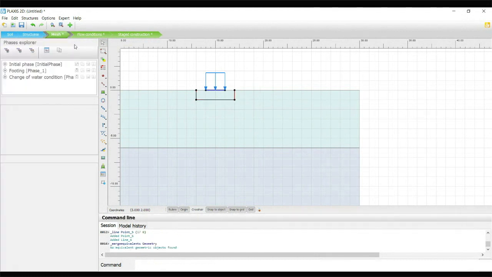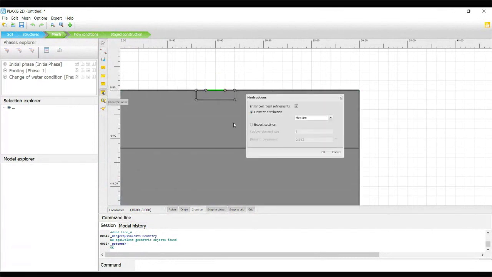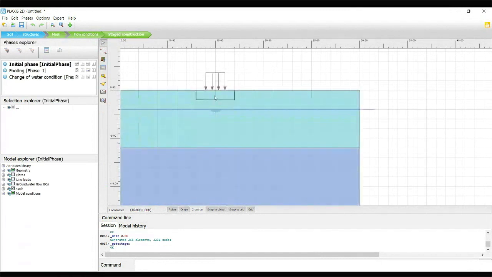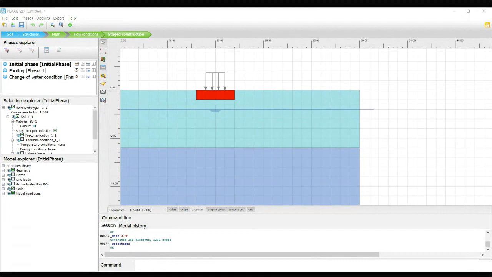See, after meshing, if you move to staged construction, this area will be changed. Here you can assign different properties. You can see those properties in the soil and interface. We want concrete. Concrete is there.